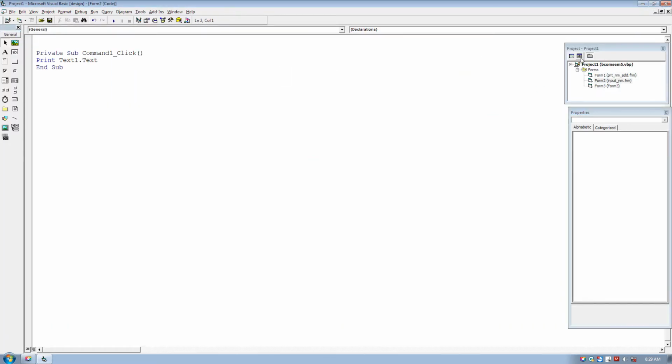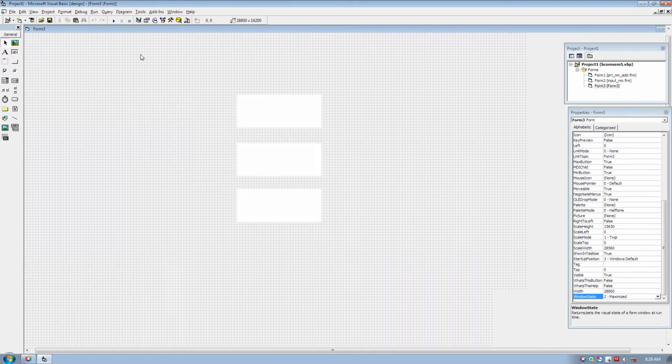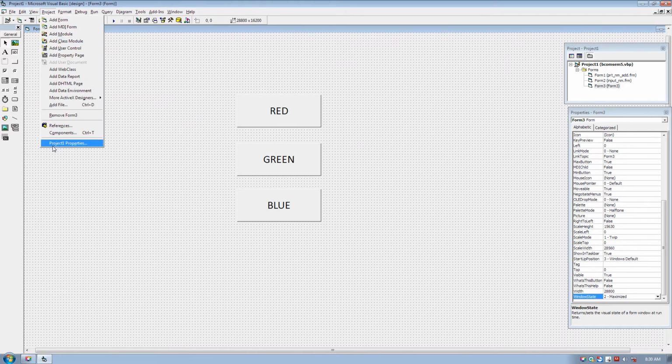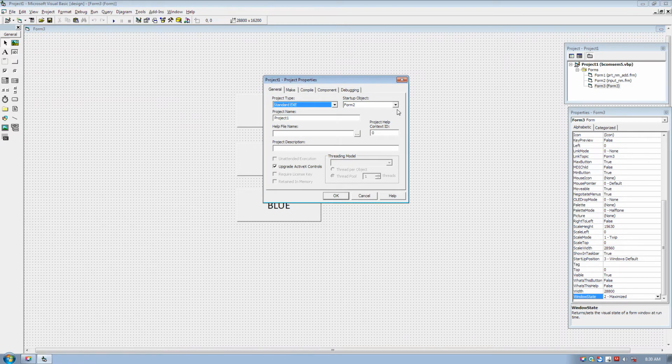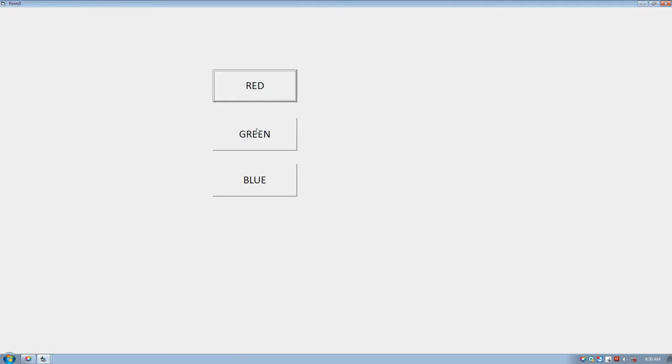Why? Because at a time VB can run only one form. If you wish that whenever I click on the start button this form should be executed, then from the Project menu, Project 1 Properties, select form 3. Okay. Now whenever I run this form, look, green, red and blue, 3 buttons are displayed.